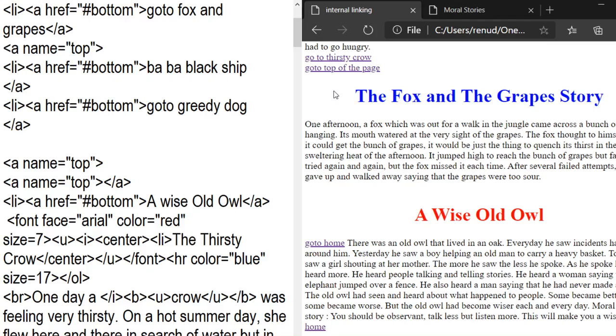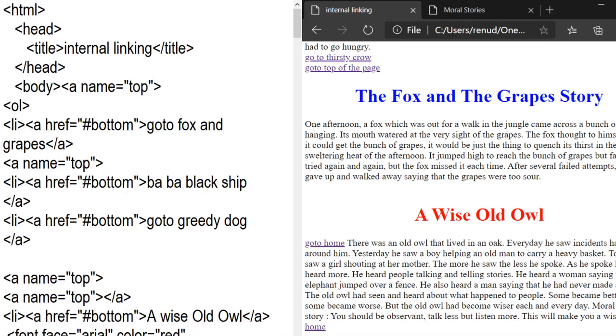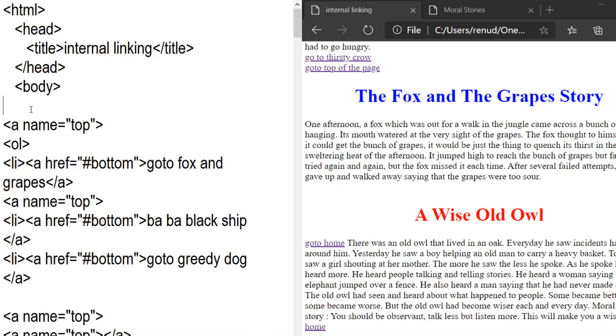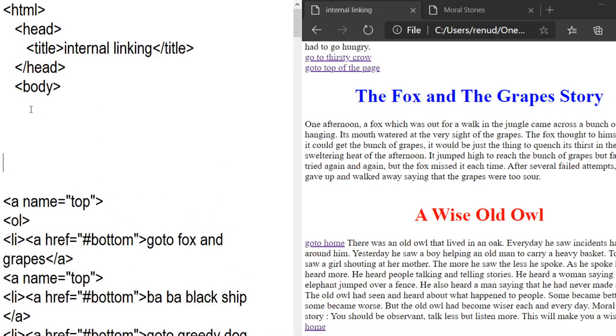And now we turn to page number 104, and the topic name is linking other web page at the same location. Same location means if we have created our document in HTML, the other document is also in HTML. For example, we create one more here. Okay, we write here so you can see clearly. Write down here, same location already created, no difference between the external linking and this.